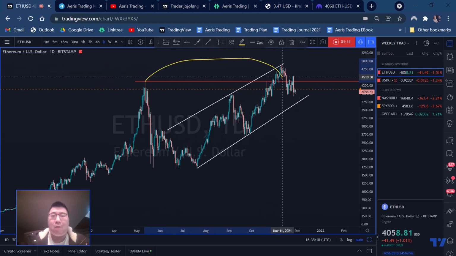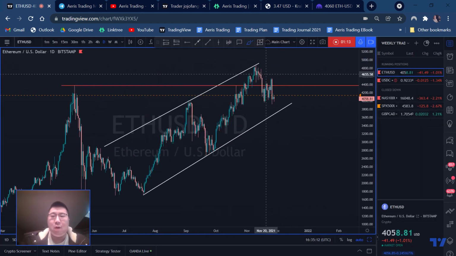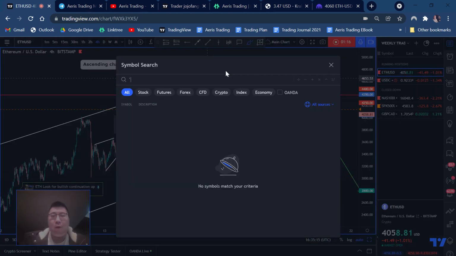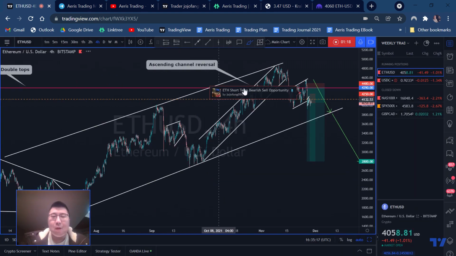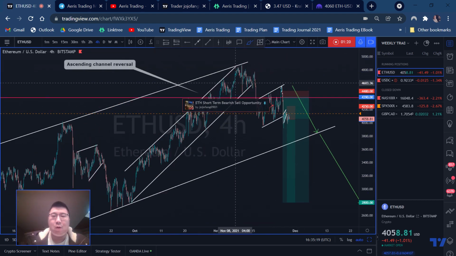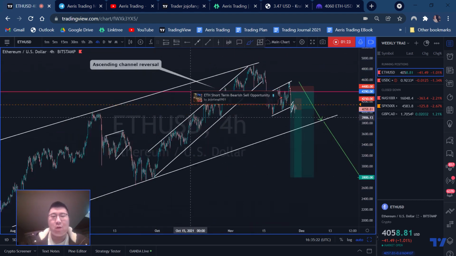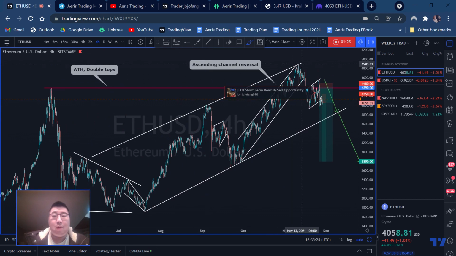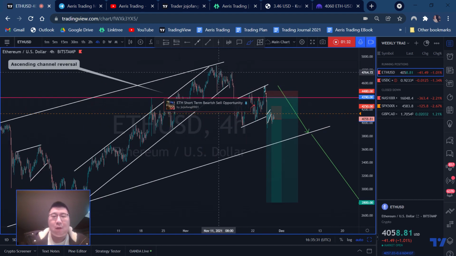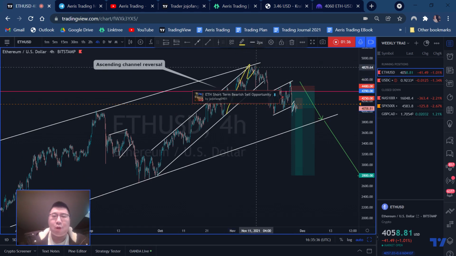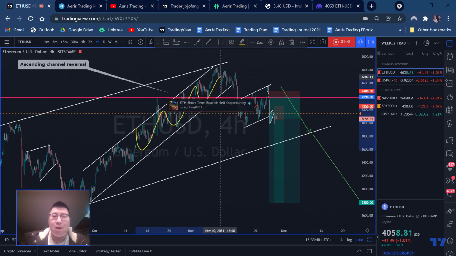So we can see the higher time frame double top, we have that ascending channel structure, and at the top here we're slowing down. When we look at the lower time frame within the higher time frame ascending structure, we also have a lower time frame ascending channel as well. This is one thing that we always talk about: patterns within patterns, structure within structures, so you add confluence to your overall analysis and overall position. At the top here, after we break the all-time high, price didn't really impulsively push up or form any type of continuation. Instead, we move up correctively in this ascending channel, and we have a lower time frame head and shoulder pattern